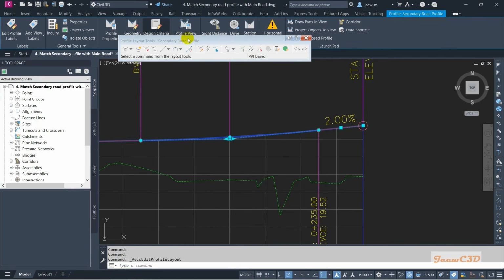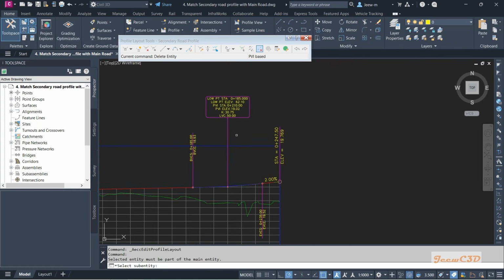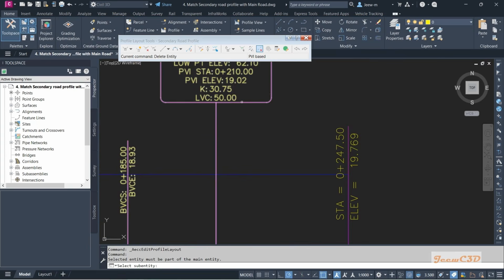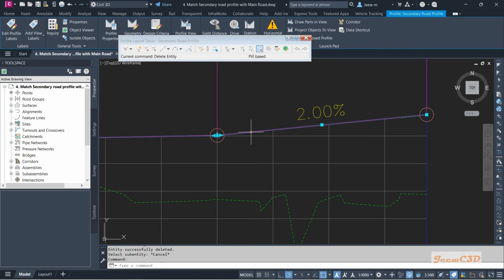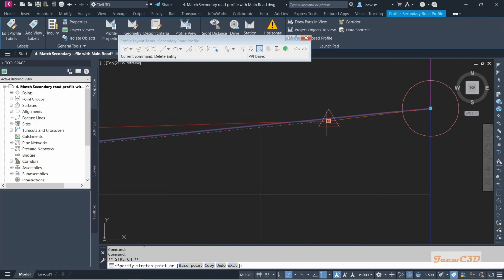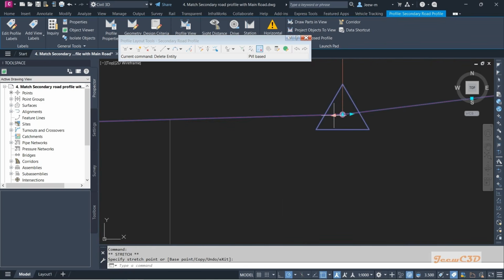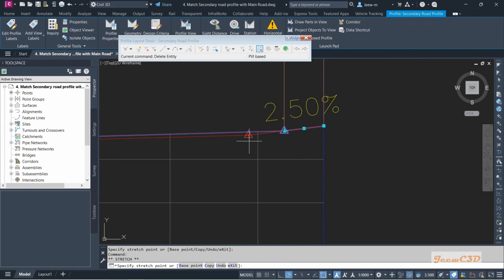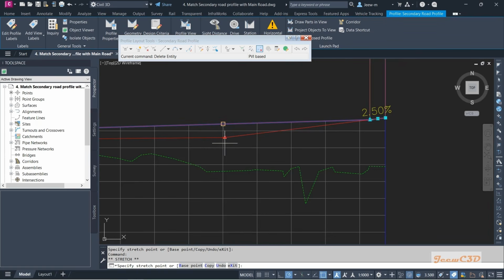To do that, I'll select this one and go to edit geometry. Then I will delete this curve at the moment. Before that, we will check its parameters. Curve length is 50. So I'll click here and press escape. I deleted the curve from here and press escape. Now I move this grip, from this center grip, until the end of this main road corridor surface. Then from this side grip, I will drag it. It will maintain the right side slope once I drag it. So I'll drag somewhere here